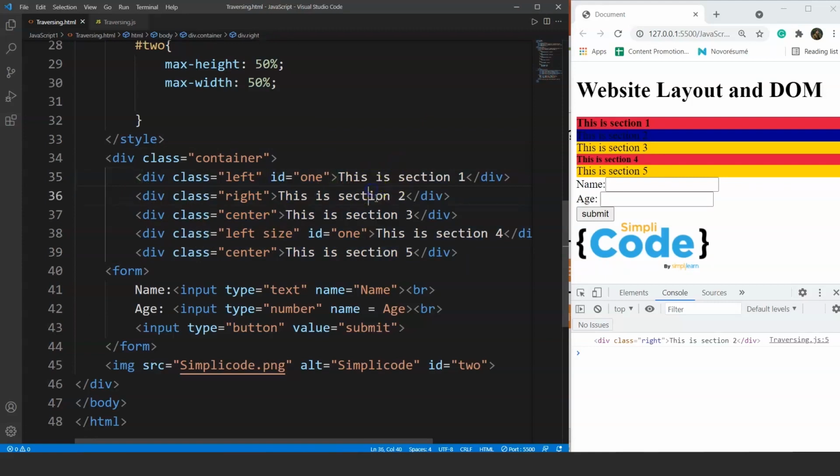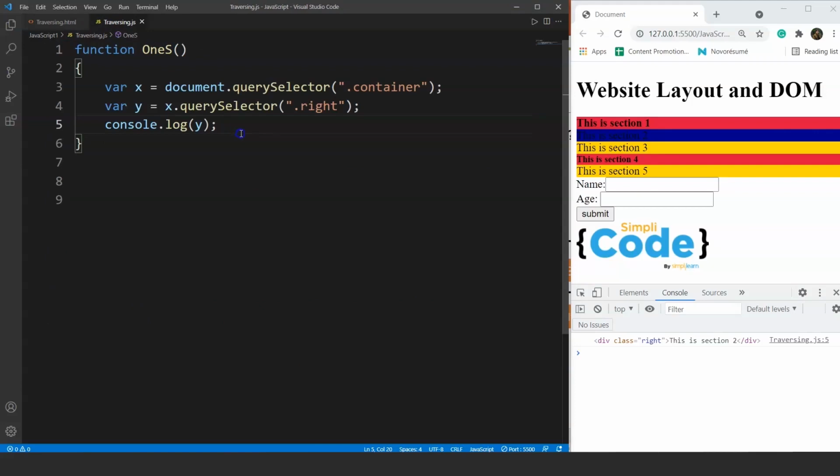So you can see this is section 1, 2, 3, then 4 and lastly 5. So we'll try to access these 5 elements now with the help of children property. For that we'll go back to our JavaScript file. We'll copy this statement from here and write it in another line so that it won't create any confusion